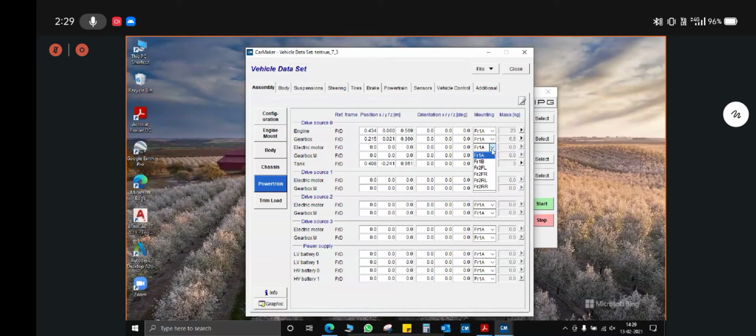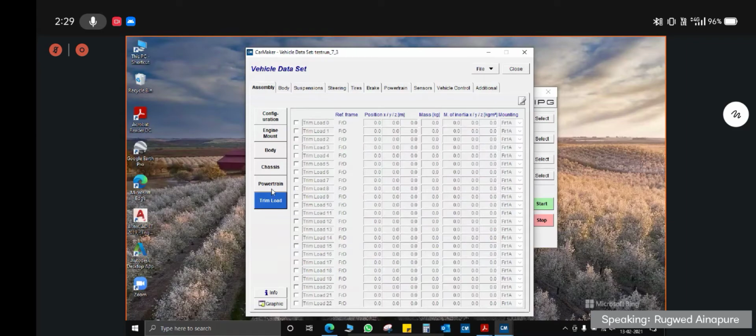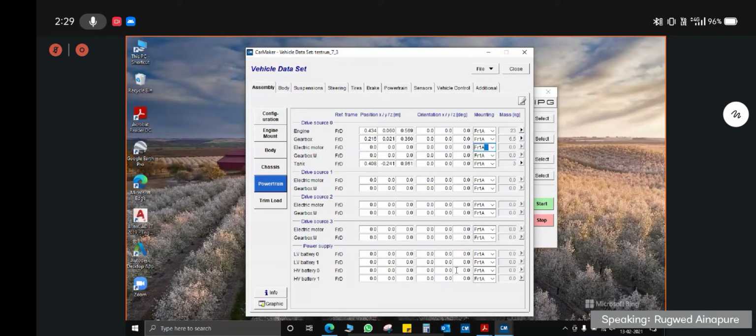And you can select FR1A here. And then coming towards the trim load, rest all these things you have to ignore. Yeah, and for the E Baha teams, the power supply. The power supply definition also you have to give, the position definition of the power supply.